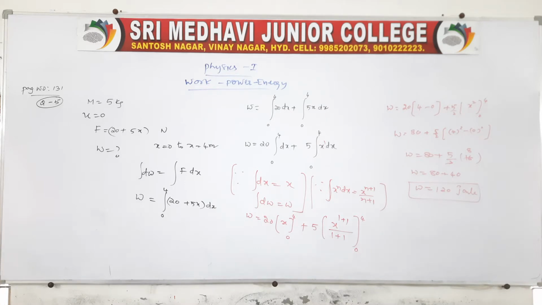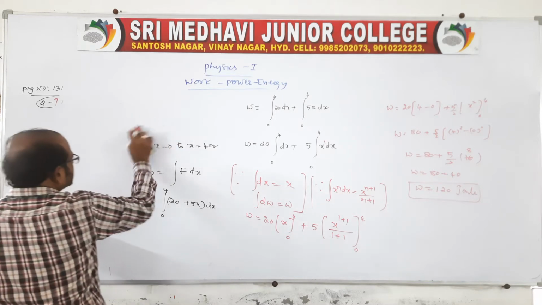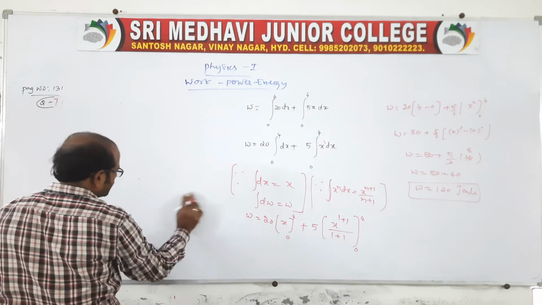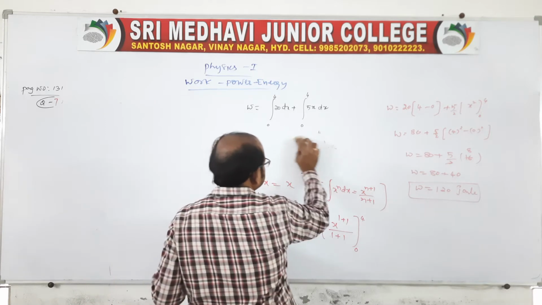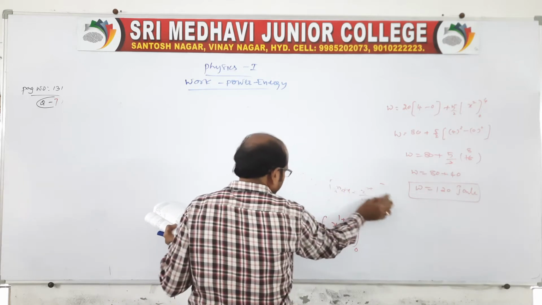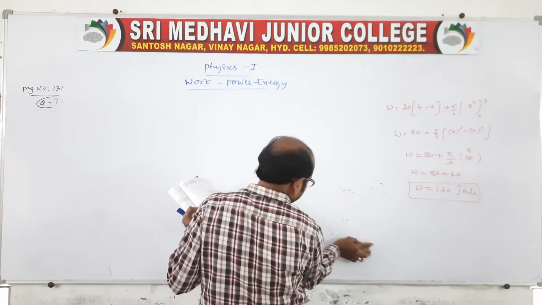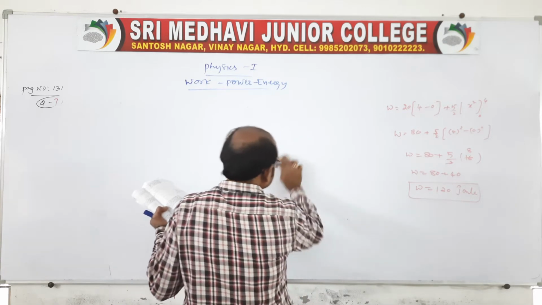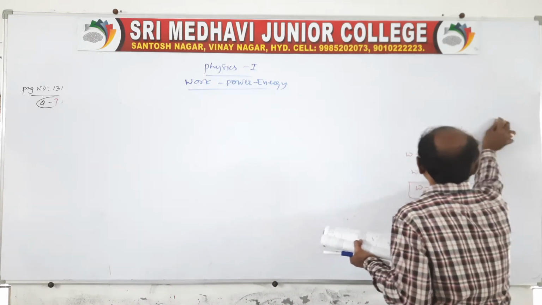Like in the same page number, there is question number 7. Everyone look at question number 7. Almost the same question is given. Again here you write the given data first. First of all, everyone see the question. Question number 7, page number 131. First read the question properly. What is given? You write it on the paper. Then after, you do the same method of integration. Simple integration method is simple mathematics, not complicated mathematics.